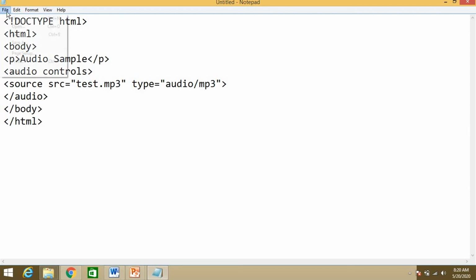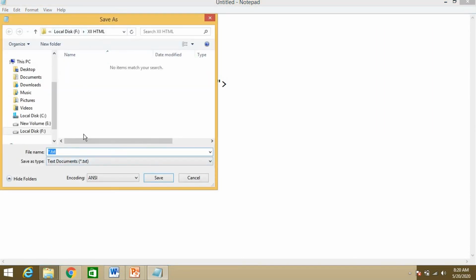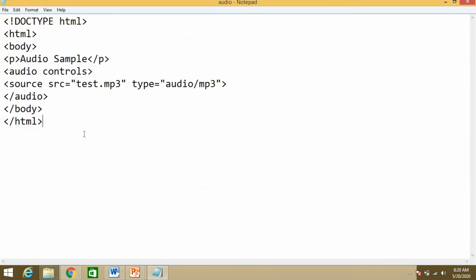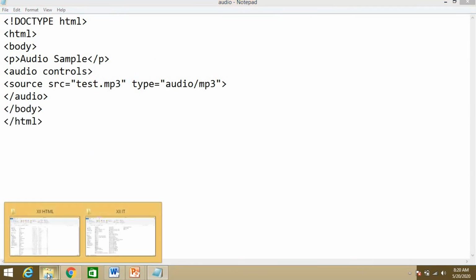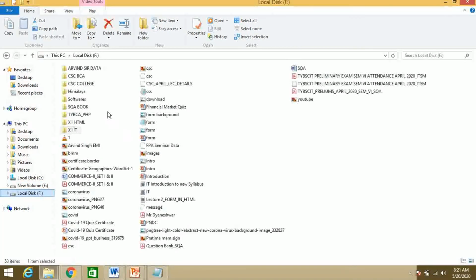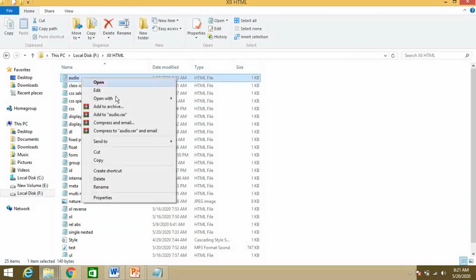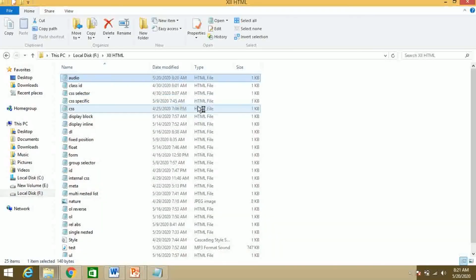Save this as 12th HTML, audio dot HTML. Now open this file. See, 12th HTML, this audio file opens with Google Chrome.